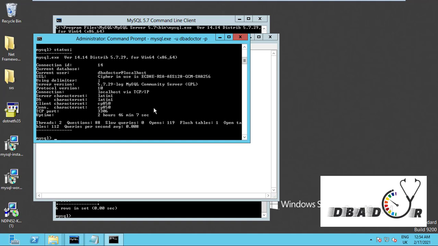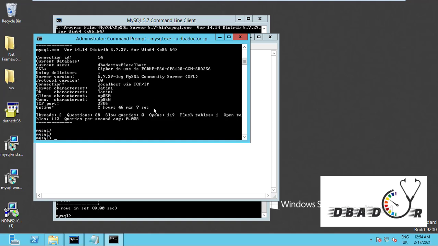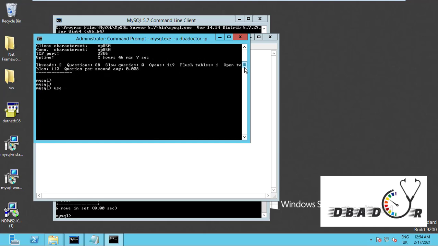So here again all the information we already read, so I'm going to use test dba. I want to insert into the table, but I'm not sure what all columns are present, so I'm describing them.